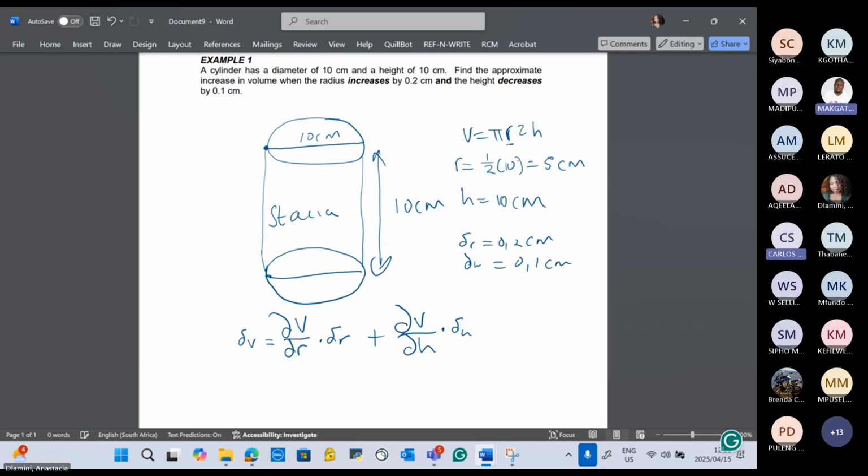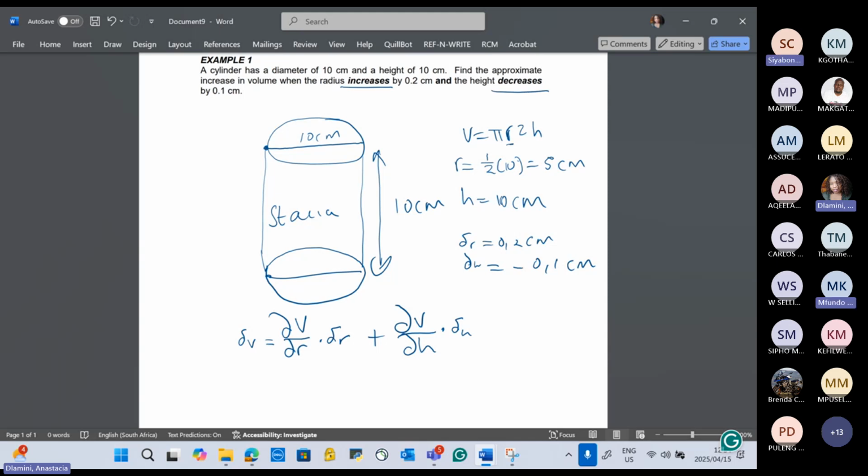We must take the height. Let's continue. Minus, because it's a decrease. There should be a negative on the H because it's a decrease. Plus H, minus H because there's a decrease. Are we all together there? Yes, ma'am. So there's an increase, positive; there's a decrease, negative.